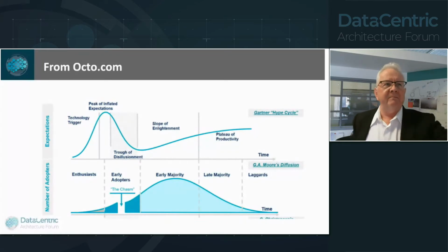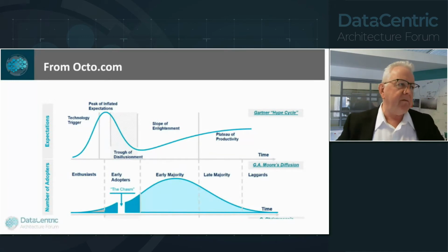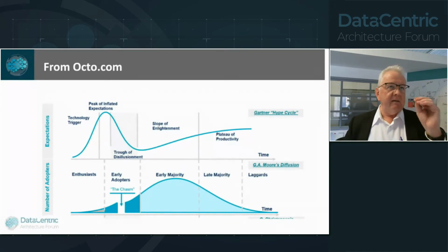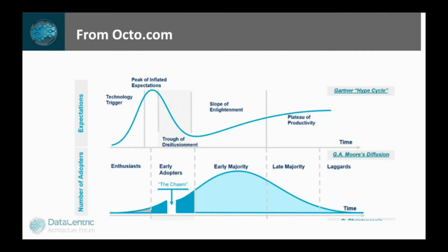But look what's going on. Over here in the Gartner hype cycle, back when we're getting the enthusiasts going, is when Gartner finally gets wind of it and starts saying, oh, this thing's going to be great. And then just as we're getting up to the chasm, it peaks. And I've observed a lot of times the reason that a lot of technologies peak right at that point, I hadn't really made the connection to the chasm, but they're related, is what happens is that a lot of the enthusiasts and the early adopters, especially the internal ones,